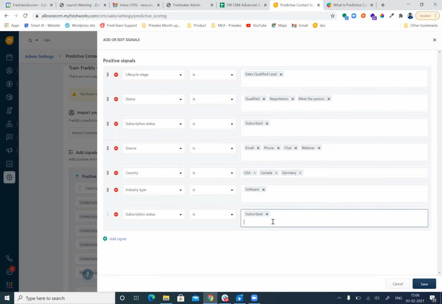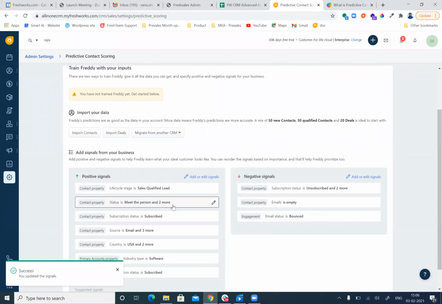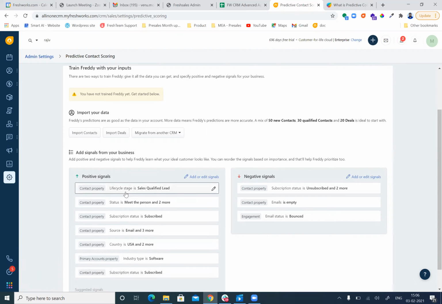I am insisting Freddy to consider these as positive signals, and once you define them, Freddy will go through each and every customer one by one according to the positive attributes and give you a predictive score for each customer based on the total database you have.